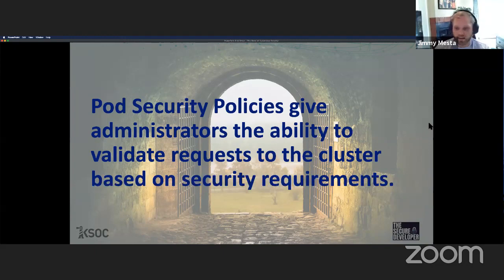So how do we defend against that? How do we say as a cluster admin, or a security pro, I don't want this stuff running in my cluster, I just want to firewall it off? So we use one of three things. One is a pod security policy. This gives you the ability to